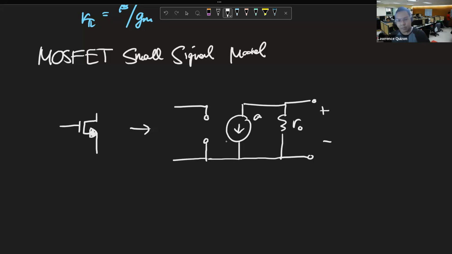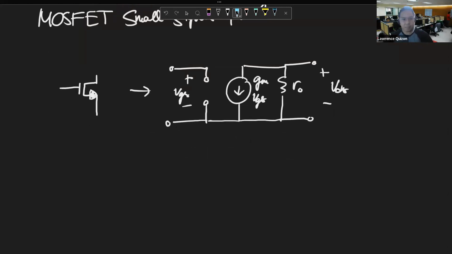So this is R out. This is gm vgs. And this is just vgs. And this is vds. All right? So for MOSFETs, gm is the square root of 2K ID, and R out is equal to